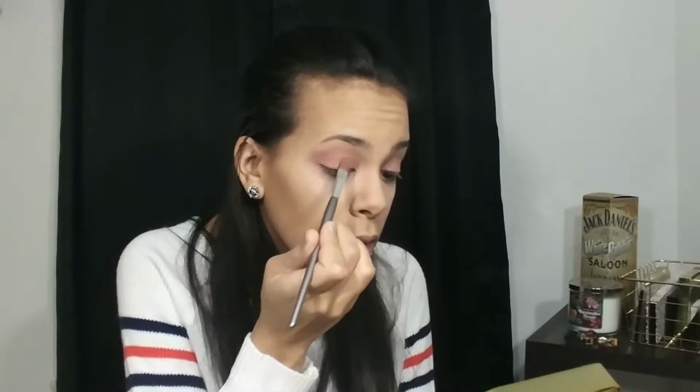Okay. So after all that work in the crease, the lid has gotten toned down again, and I'm not happy about that, so I am going to take a flat eyeshadow brush, and I'm going to coat this with this shadow. And I'm going to take my setting spray, and we're going to try to get this to be as vibrant as possible. Yeah, I'm a lot happier with that now. I mean, obviously it's not going to be as vibrant as a super expensive eyeshadow, but